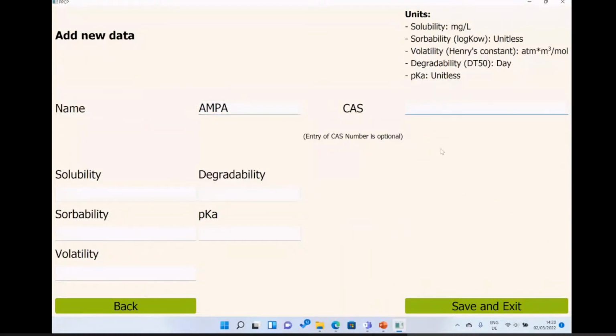I also know the CAS number, therefore I'm writing it, but it's not very necessary to write the CAS number. It's basically an optional input because, as you can understand, the probability of contamination depends on these values basically. So modePROCON needs these values. You cannot skip any of them, but if you don't know the CAS number, you don't have to worry a lot. So the solubility value of AMPA was